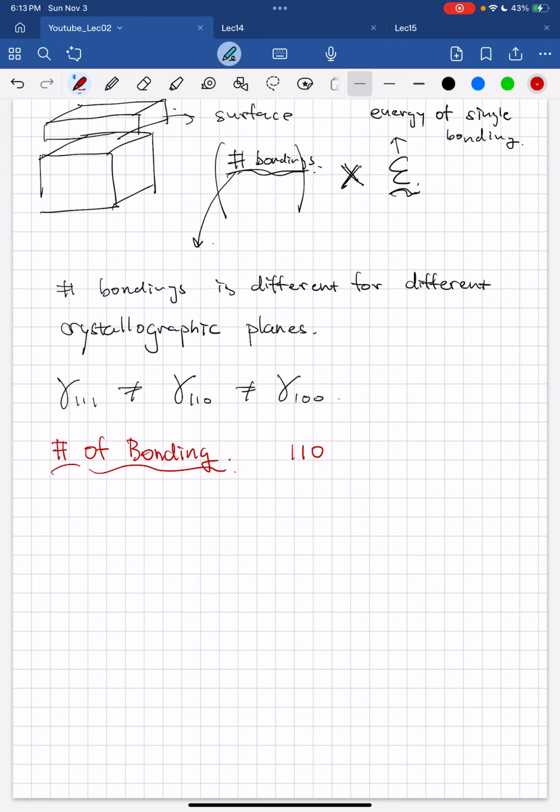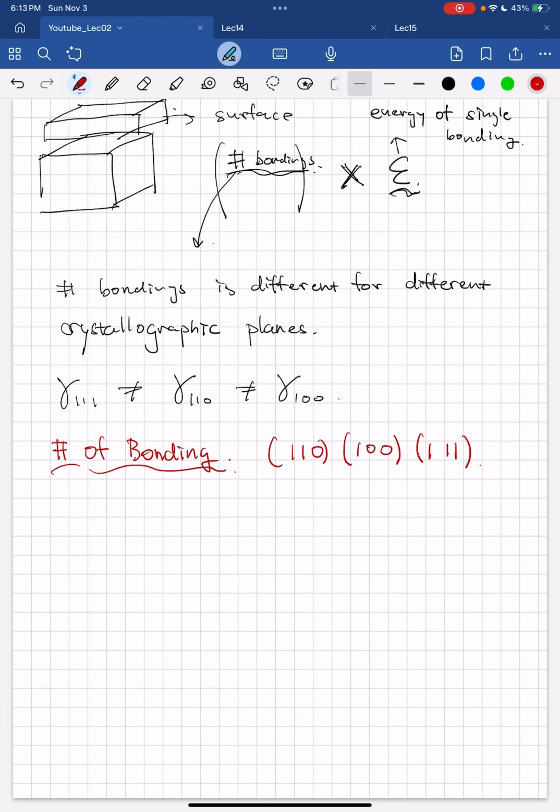So 110, 100, 111, they all have different numbers of bonds per unit area, and that's what makes surface energy different for them. Okay,